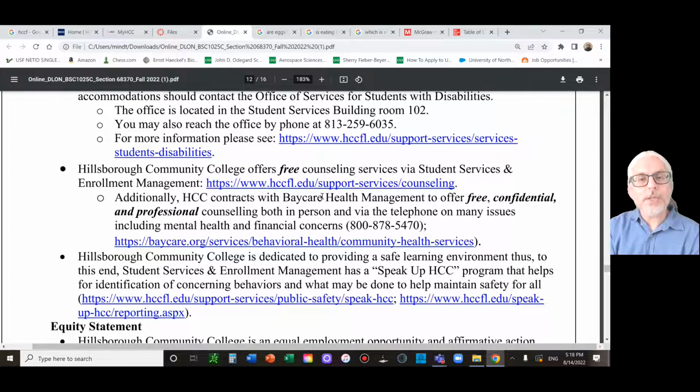Please understand that now in the United States, it is considered a mark of health to speak to somebody when you need to. Don't let it build up inside and then come out and hurt yourself or hurt someone else. Don't do that. And it's amazing HCC has this, it's free. Free professionals to talk to about whatever you need to. This would be massively expensive if you're doing it other places, particularly if you don't have health insurance.